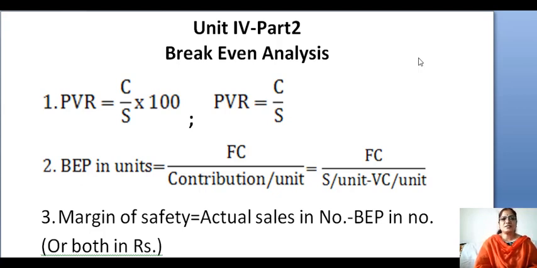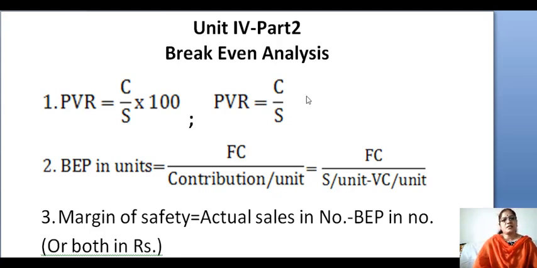This is the second session on the topic. In the previous session, we have seen the theory connected to this in detail. So let us solve some problems on this in this session. We already seen that break-even analysis makes use of an interesting point called break-even point. Break-even point is a point where total revenue obtained by selling a product or by producing a product is just equal to total costs associated with the production or sales of that product. So break-even point is a point at which there is no profit, no loss.